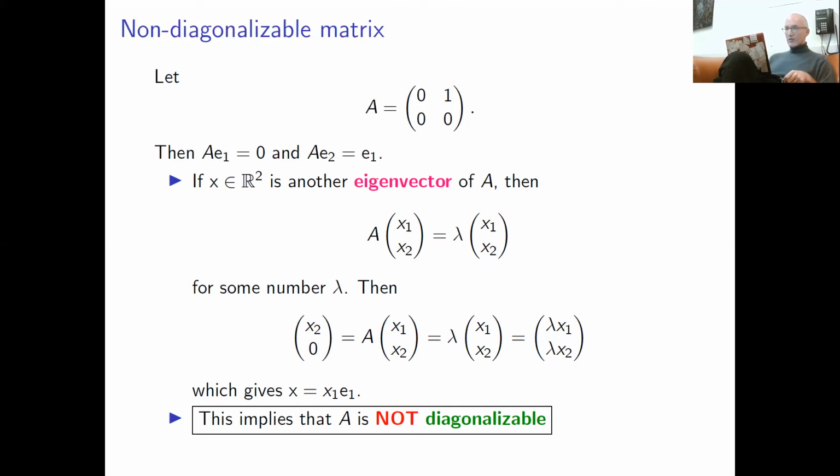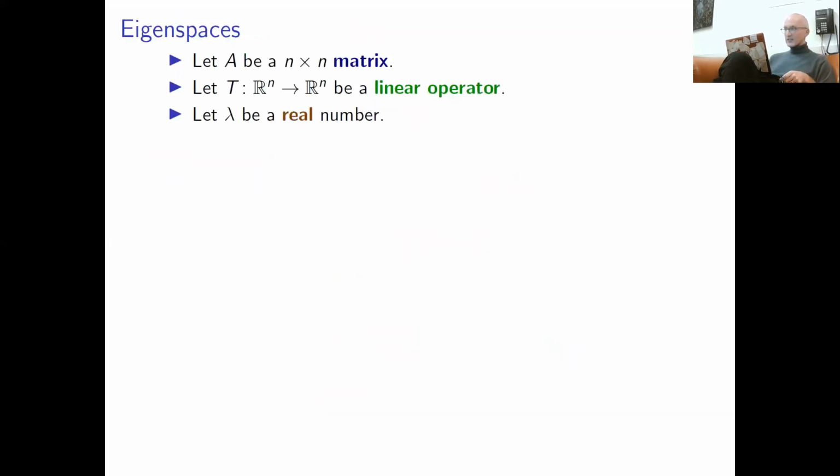Okay, now we have to give a new notion. We already defined two new notions: eigenvalues, eigenvectors. These are actually German words: eigenvalue, eigenvector. And on the front slide for this lecture, there was a third word: eigenspace. Let us define this. It's very similar to eigenvectors, but it's a little bit more general. Let me give you a precise definition.